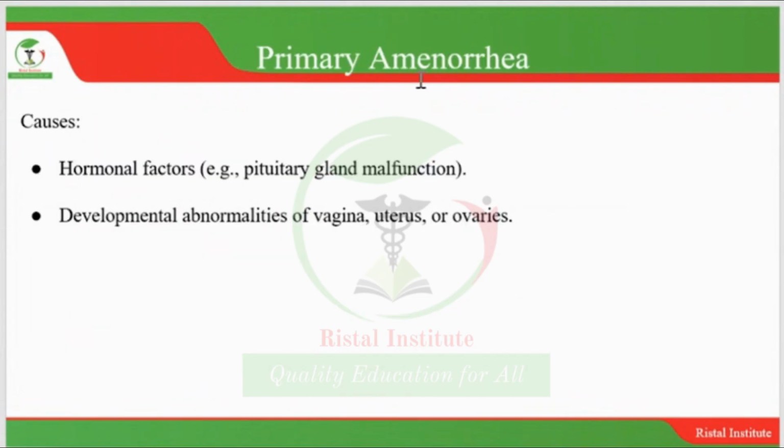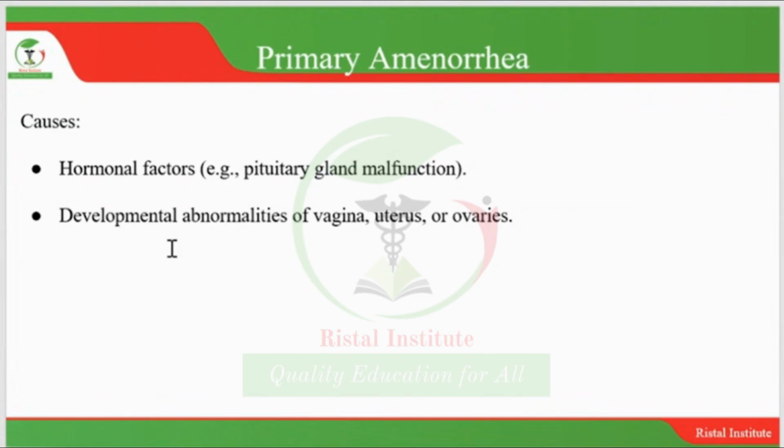Let's look at primary amenorrhea. What are the causes of primary amenorrhea? We have hormonal factors, for example, pituitary gland malfunction. As we know, in the reproductive system of the woman, the pituitary gland plays a very important role because it produces those hormones that help in maturation of